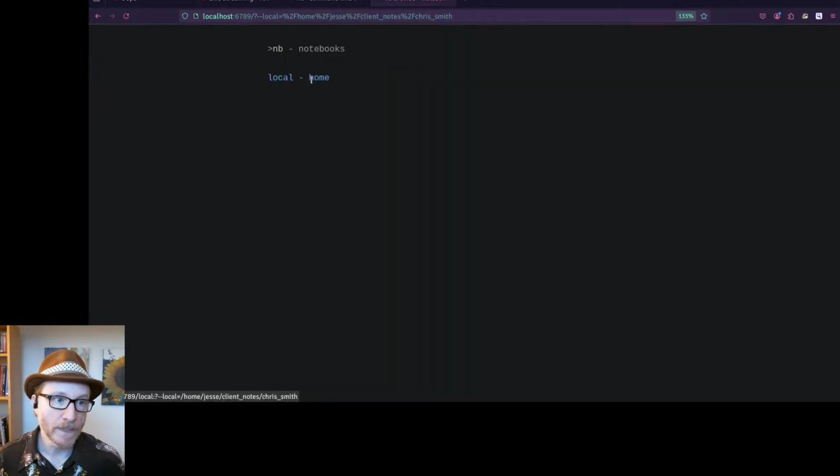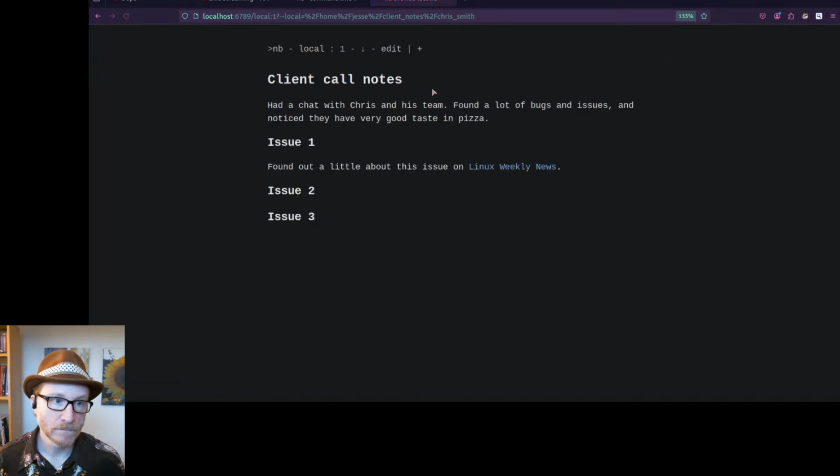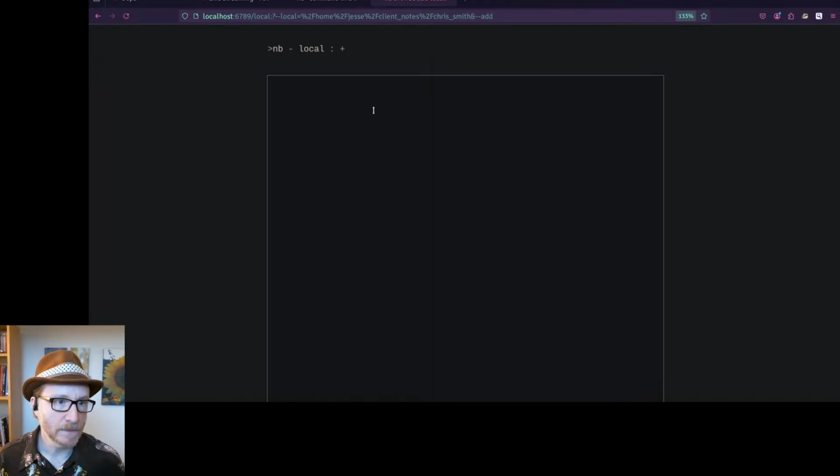So you can also browse different notebooks. So this is the local notebook in this one. So you can click around, and you could do this in the browser as well. So you could add new client notes. You could say, stage 1, stage 2, stage 3,